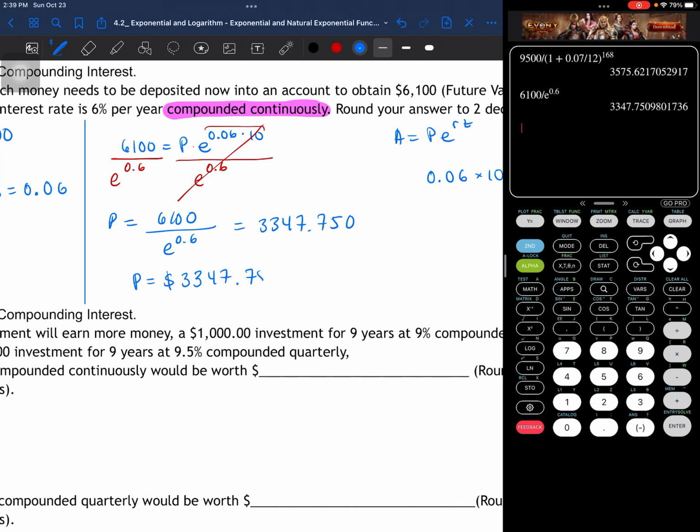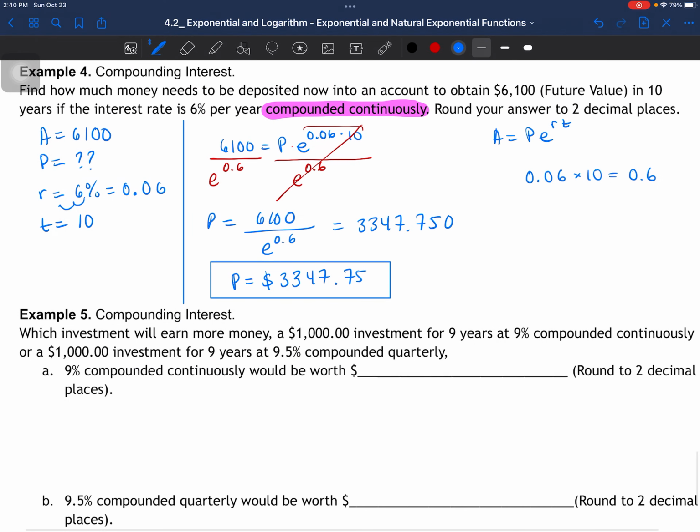And that is 3,347.750, right? And let's go ahead and round it to the nearest cent. So it'll be $3,347.75. So we need to invest this much money so that when we invest this at 6% per year compounding continuously, we will have $6,100 in